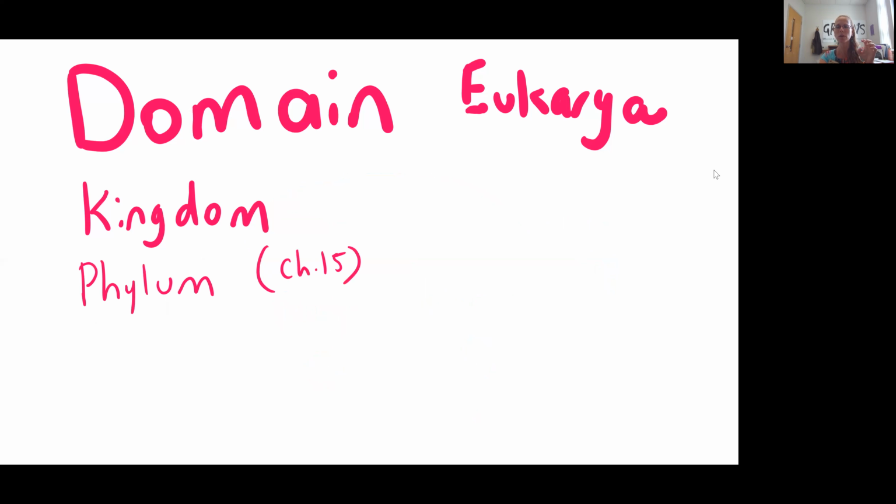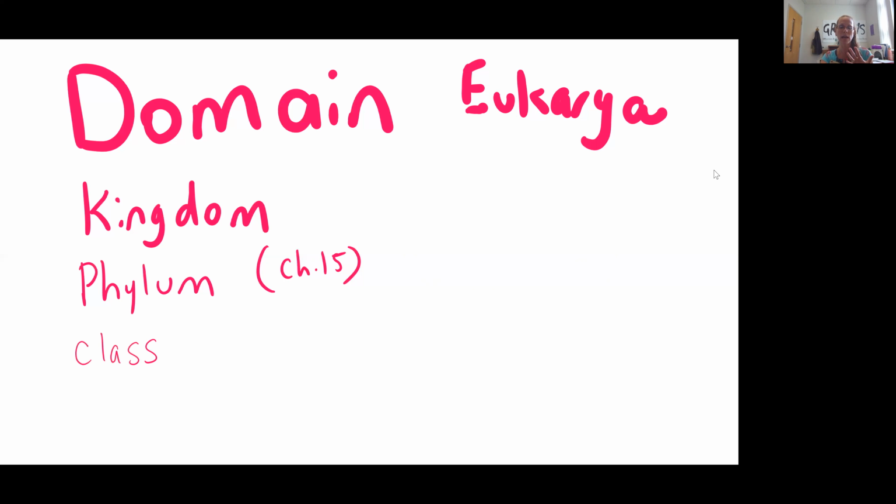So when you start breaking them down into phyla, which is the plural form of the word, you are further grouping them in those relationships. Now this description is given to us in chapter 15. So if you do want to make sure that you're reading this information, everything else in the presentation has been in chapter 1, and this information now picks up in chapter 15.